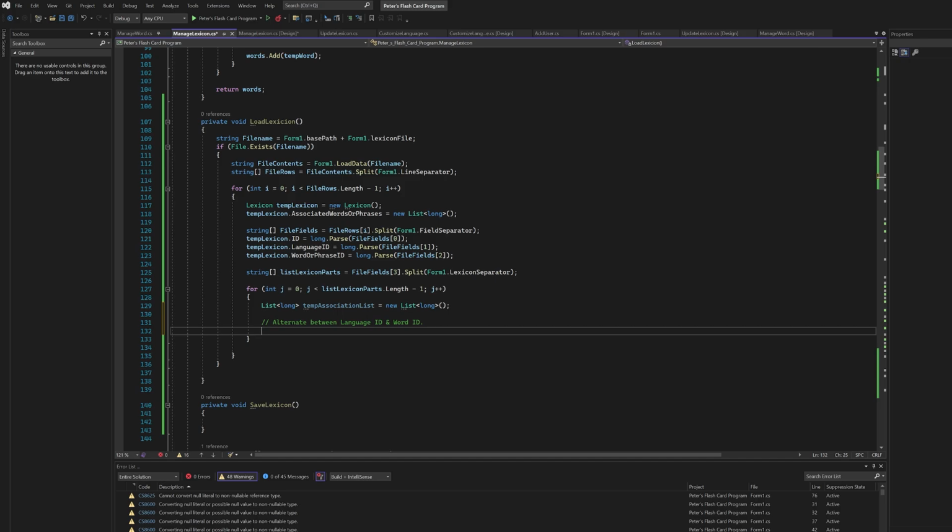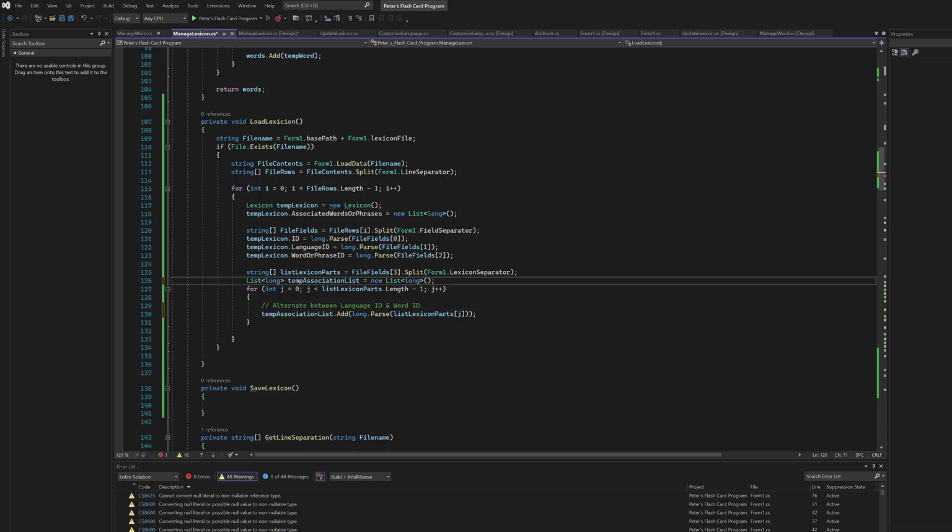And then what we can do is we can just say the temp associated list dot add the long dot parse list lexicon parts J. So this is a little bit complicated, but remember, this list lexicon parts is this field in particular split into these components. So we're going to add that, and we're just going to loop through each one of those. It's going to add this all to the list. And actually, I just realized we are going to need to put this list before we go into the loop,